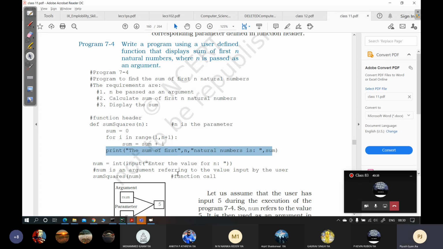Even if something is not returned and you try to treat it as if something is being returned, what will be the value returned by a function which is not returning anything by default? Does nobody remember? By default, if you do not mention a return explicitly, what is returned by a function?